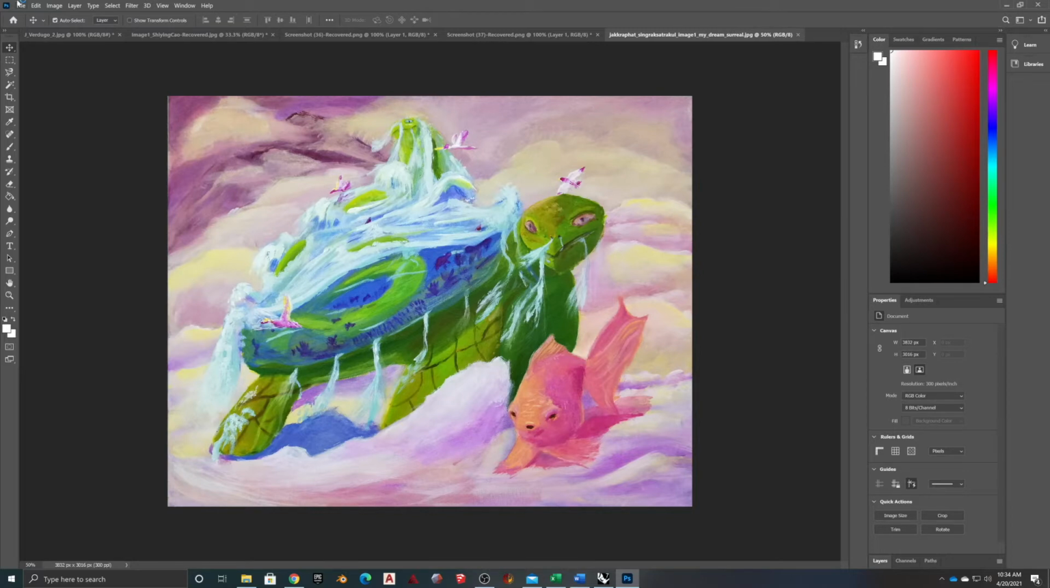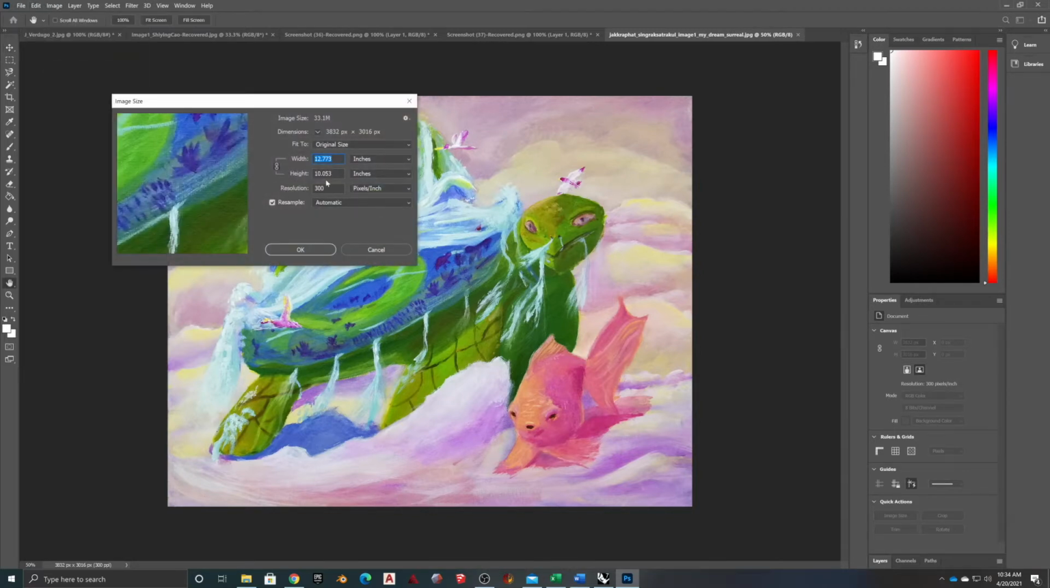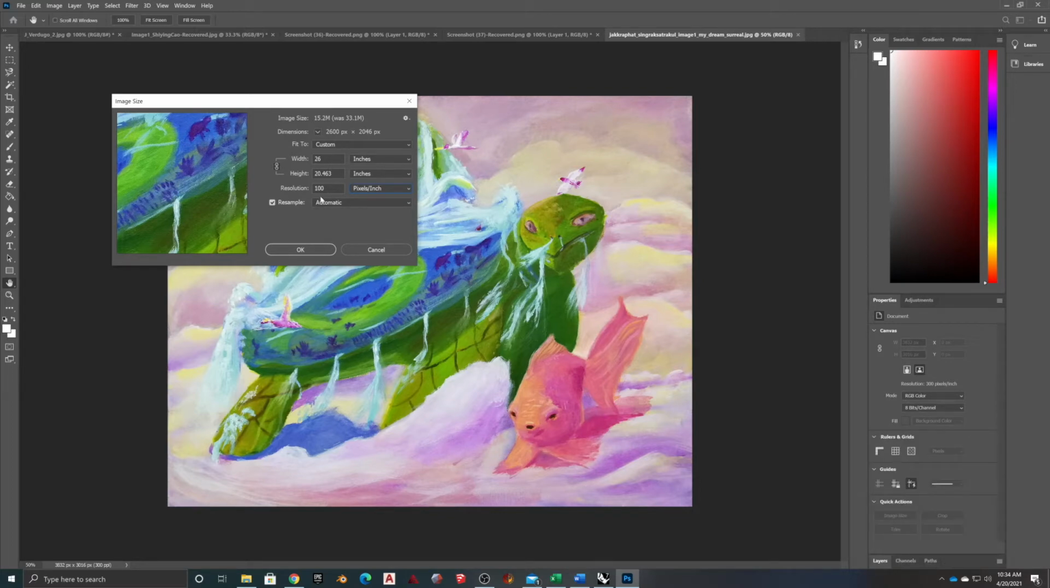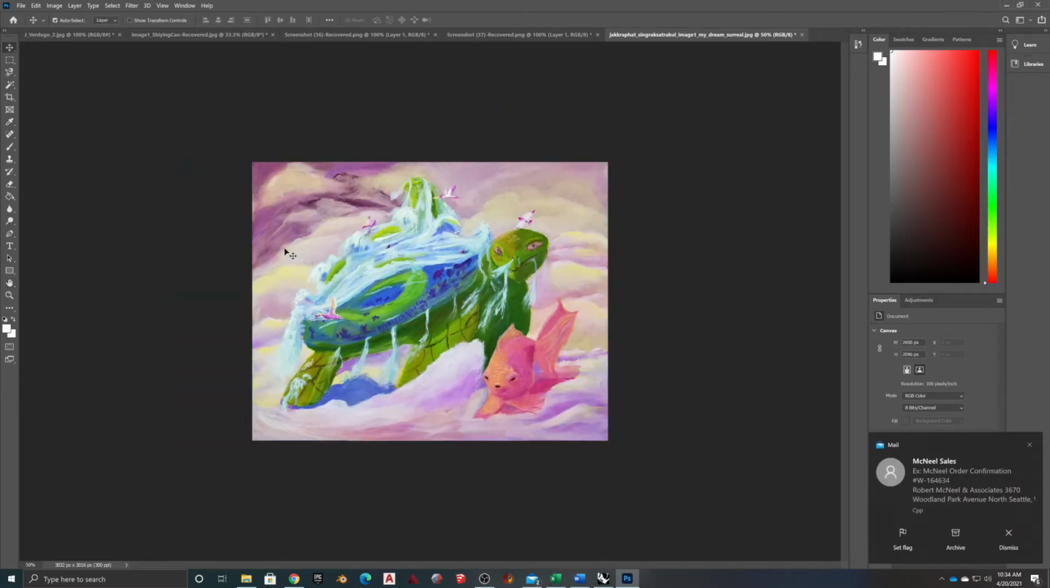I've got this. I'm going to go to File, Edit, Image Size. Image size is, again, 300 dpi. I'm going to actually make this 26, and then 26 by 20, and change the resolution down. I'll just do 100 here. Okay, so 26, 20, resolution 100. Okay. And then I'm going to go ahead and go back